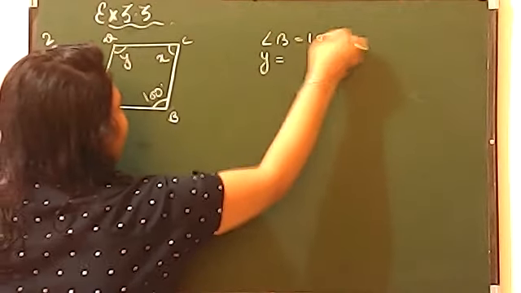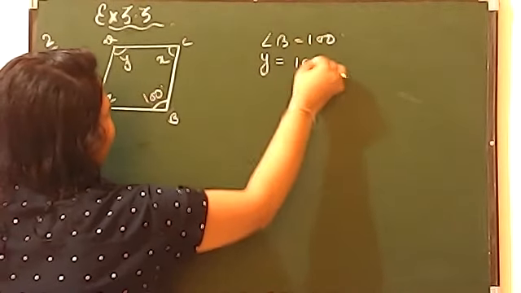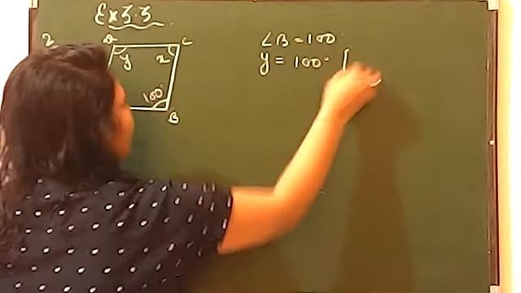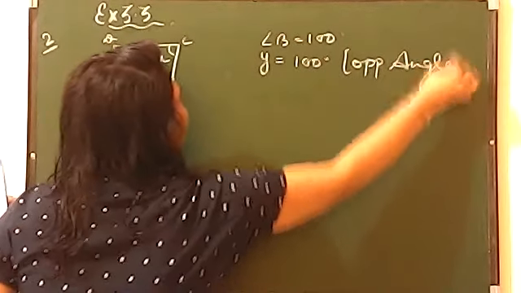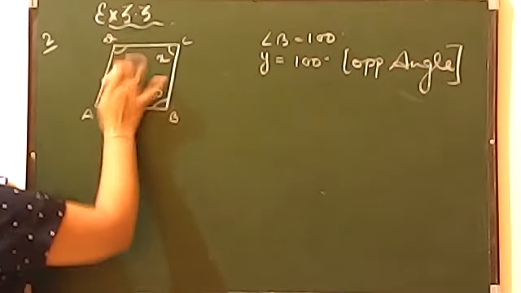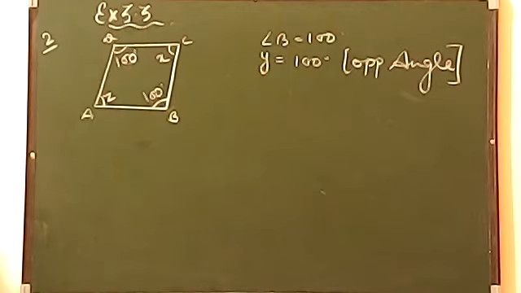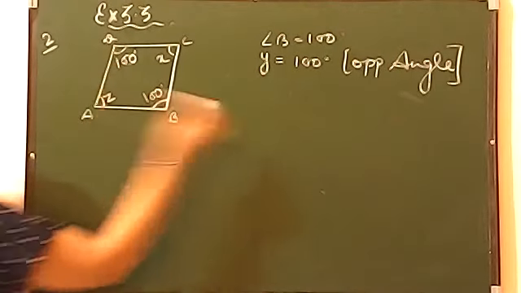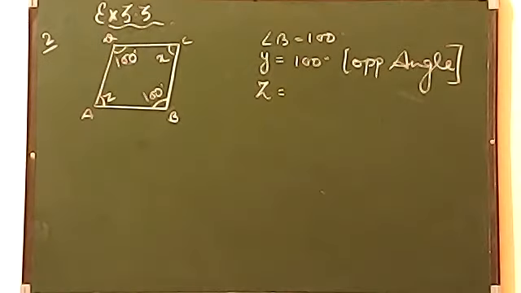Yes. If angle B is equal to 100, then here y will also be 100. Why? Because of opposite angles. Absolutely, this is the opposite angle property, so that is why y will be equal to 100. Beta, I have marked y and written 100 here. And as soon as you write y as 100, can you tell me z now? Tell me, what is z now?